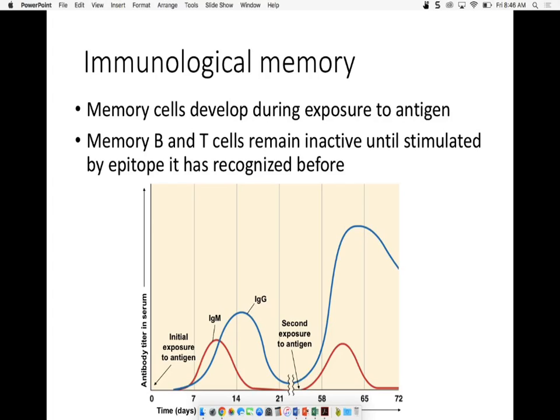This is the basis for why, when we say if you have gotten measles, you will never get measles again, or if you have gotten chicken pox, you will never get chicken pox again. It is this immunological memory that prevents second and third rounds of the same infection from occurring. Now, there are exceptions to this. There are some pathogens that seem to trigger a much stronger long-term immunity than others. And actually, a good way to think about this is